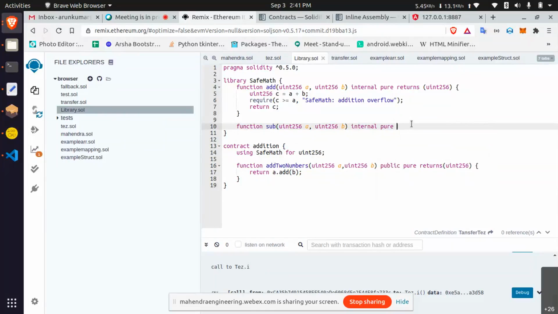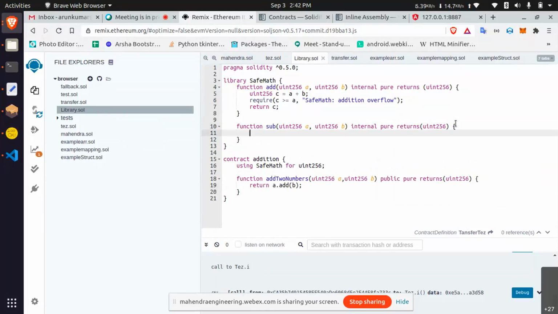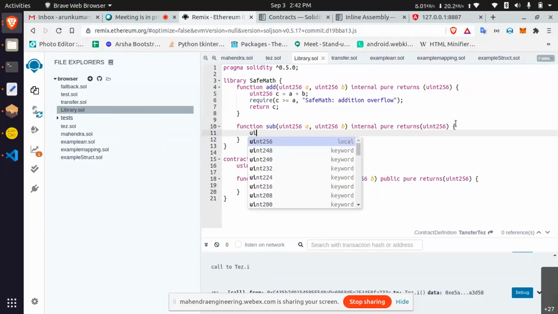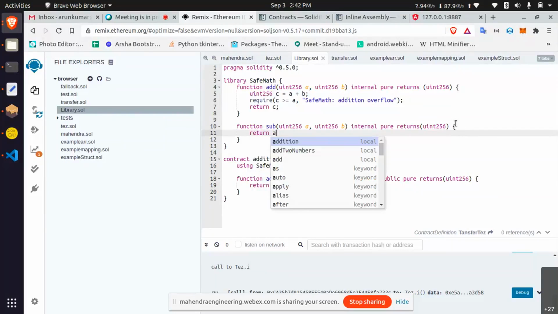You can't access it from outside, and it will return uint256 only. Some common functions you are going to access, you can use these functions. And then you can return a minus b.